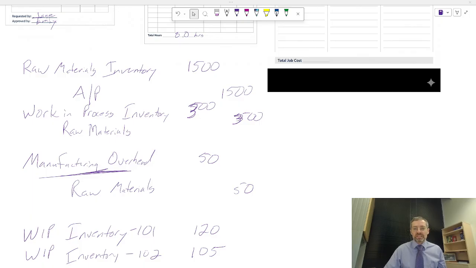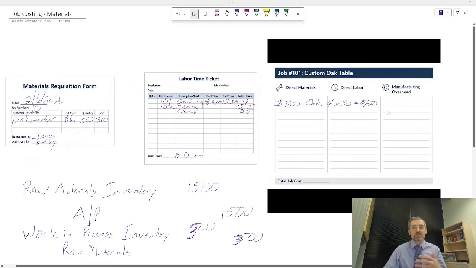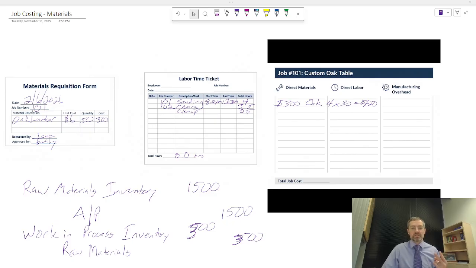So how do we fix this? We must put a portion of the cost on the job cost sheet to know our true cost. But so far, we have left that column blank. We have two massive problems in trying to do this. The first problem is how much exactly of the factory's $2,000 electric bill did this job use? Or how many cents worth of glue did it take? How many minutes of the supervisor's time did this one table take? It's impossible, or at least totally impractical, to trace these costs directly to the table.